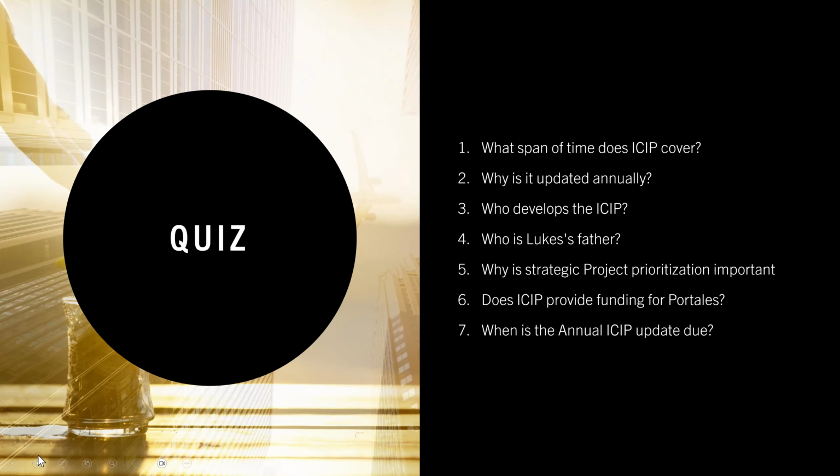Why is strategic project prioritization important? That's back to that strategy, that sweet spot, 500K, 100K, breaking projects down into phases. By a strategic approach to putting your projects in order and prioritizing them, you become more competitive than those who don't. So the committee itself, this is really what we're going to do moving forward. I wanted to give you the background to this, but I also wanted to tell you what we're doing and why. There is a certain element of competition to this, a certain element of expertise, and a certain element of getting more of what you want by putting the right things at the right place at the right time.